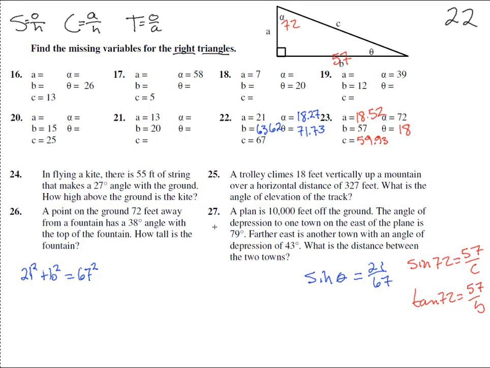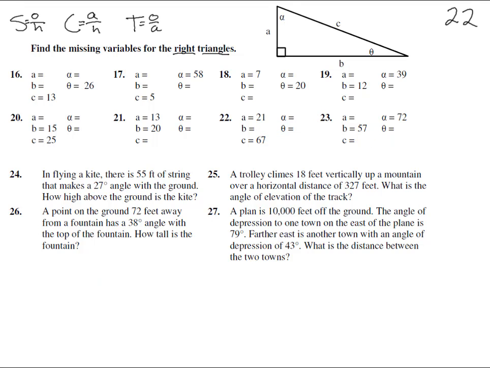Good. Now down to number 24. In flying a kite, there's 55 feet of string. Well, that tells us that's the hypotenuse right there. If here's the kite and here's the ground, that makes a 27-degree angle right there. And how high? So here's our x. So if we do cosine of 27, we'll find this side. So we want to use sine of 27